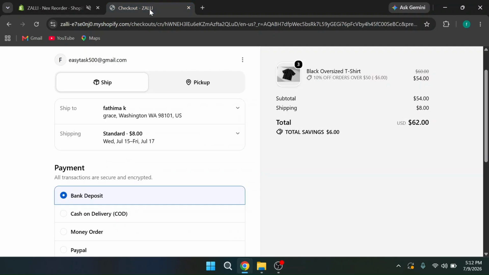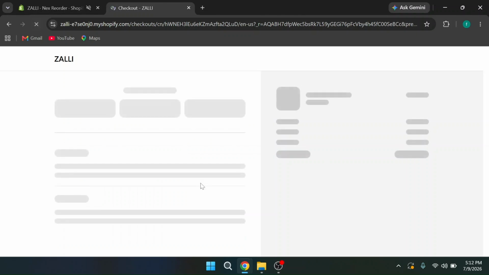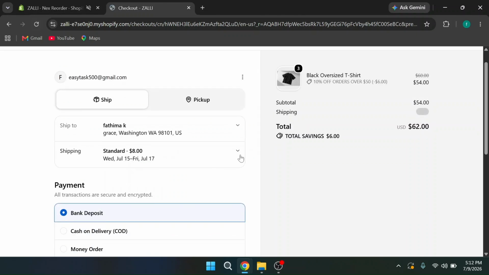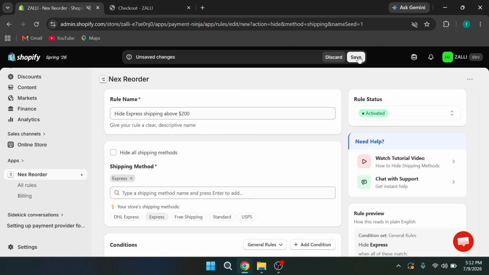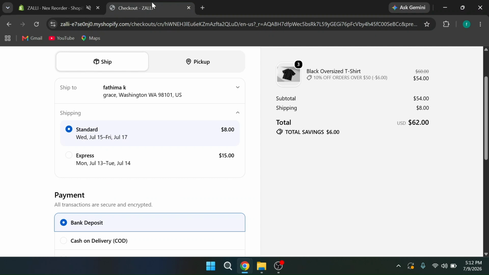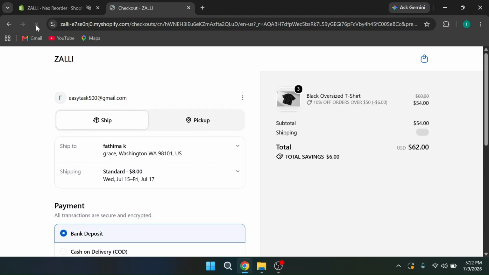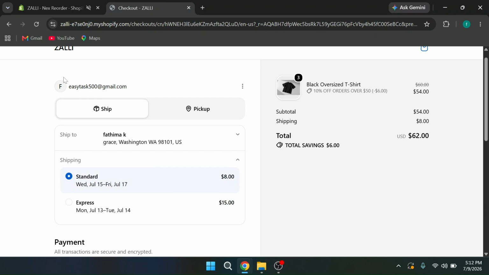So before that, we can go to the checkout section and here we can see whether there is express shipping or not. Yeah, here it is. So now we can click on save and let's see if it is changed or not. Now the rule has been created. Go to the checkout section and here we can refresh. Okay, now we can see for orders above 200 only it will hide the express shipping,